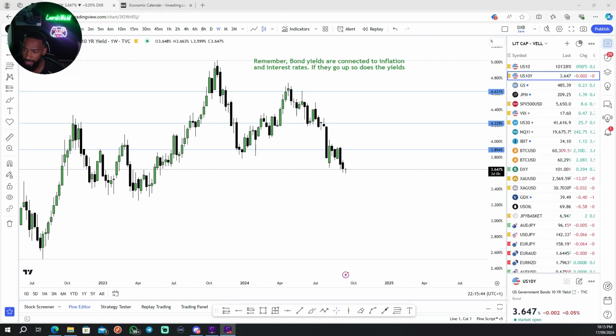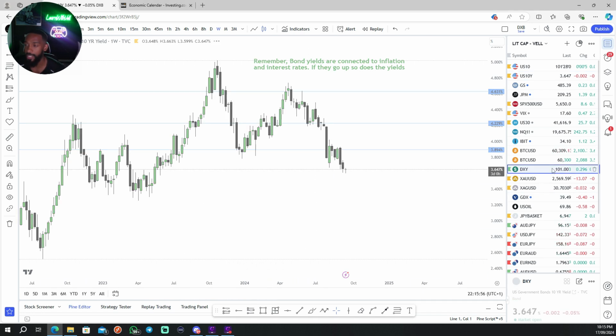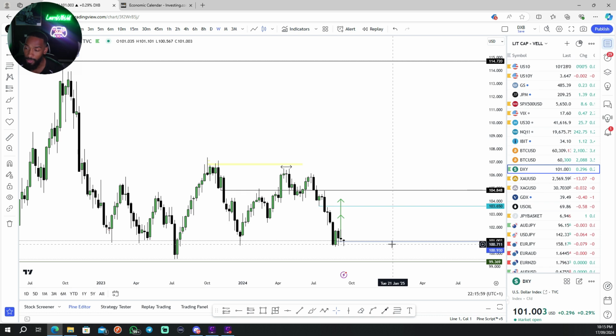Now, based on the information I've just told you guys, we're expecting the rates to go down. So if the rates go down, this should push the bond yields down, which would in turn push the bonds up. Now, providing that happens, guys, this would push up the dollar. The dollar follows the bonds. The bonds are the Mac Daddy. For those of you who are my students, you would have heard me tell you this time and time again. When the bond prices push up, that eventually pushes up the dollar too.